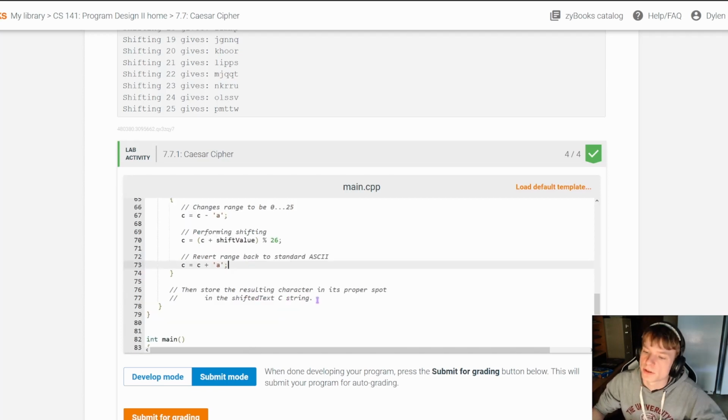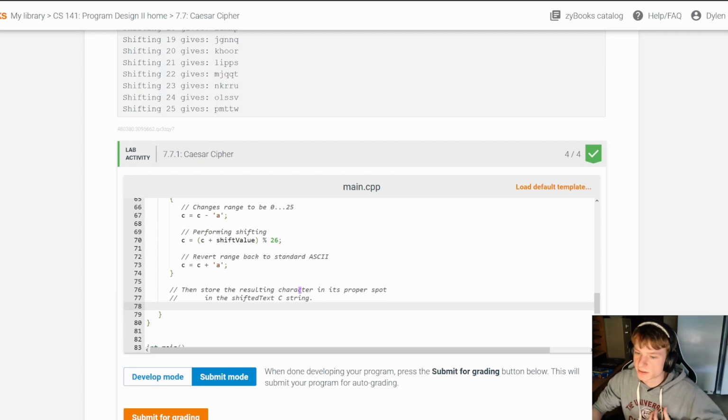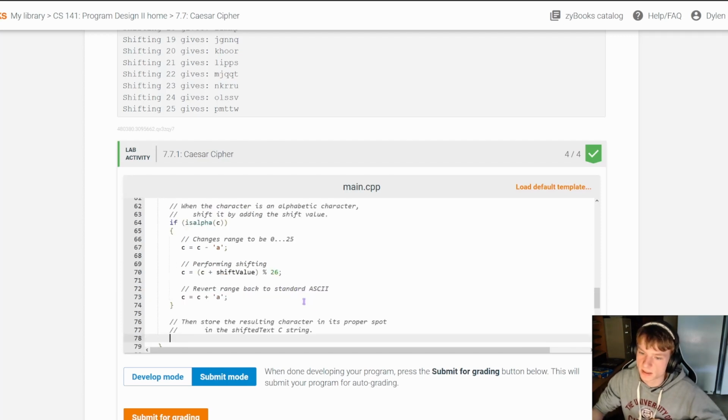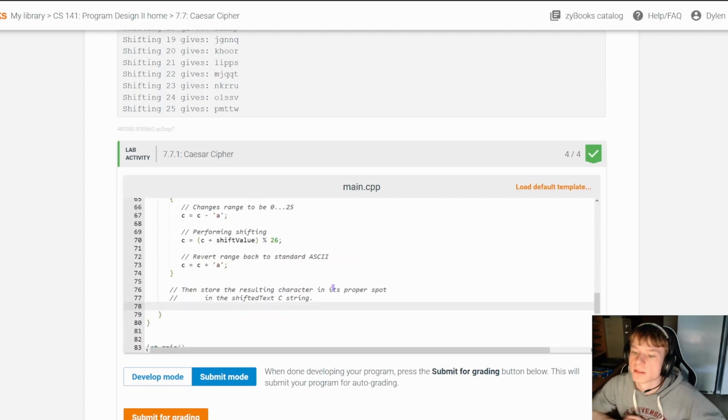Next, we want to store the resulting character in its proper spot in the shifted text C string. So to do that, all we have to do is access shifted text at a given position, and in this case we want to do it at exactly position I, and we want to go ahead and set its value equal to this newly shifted character. So we would say shifted text